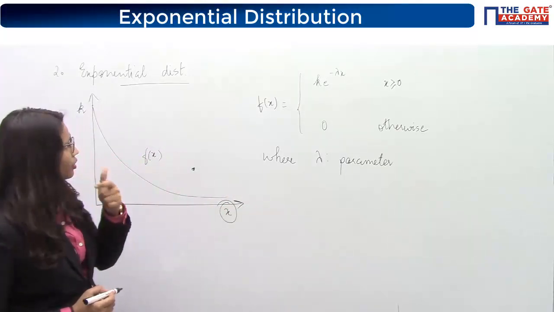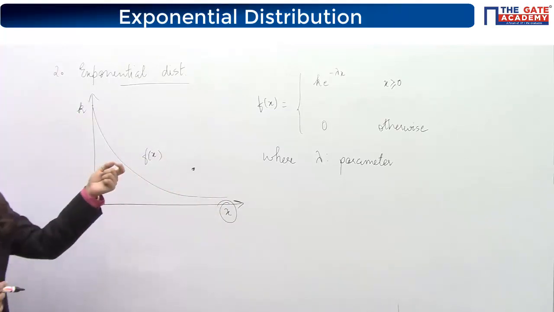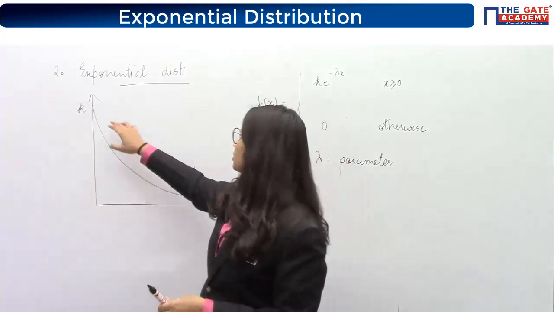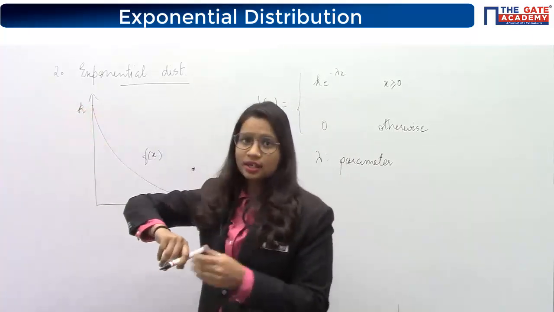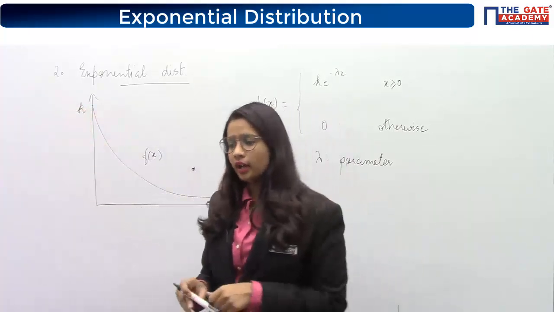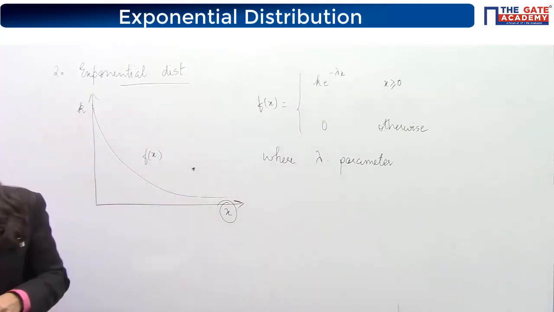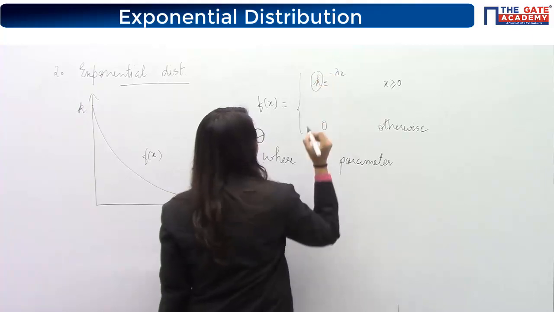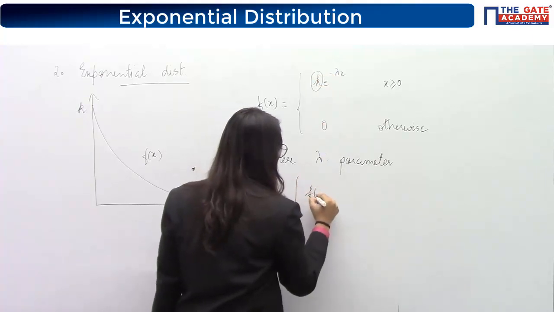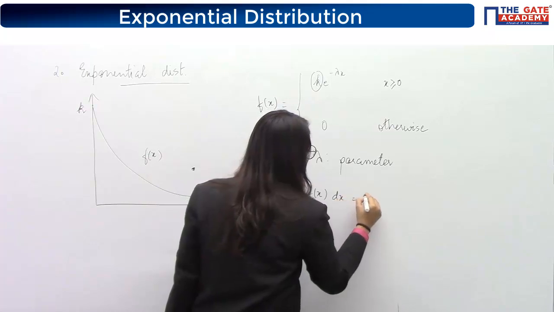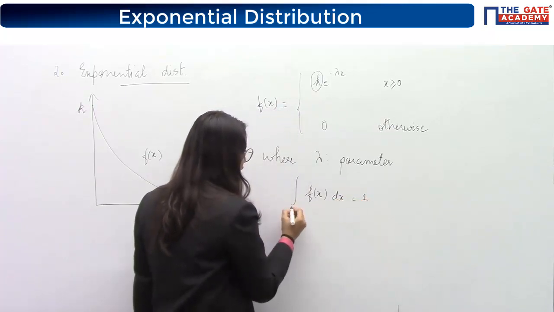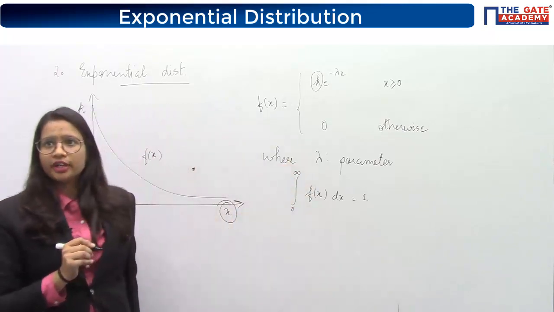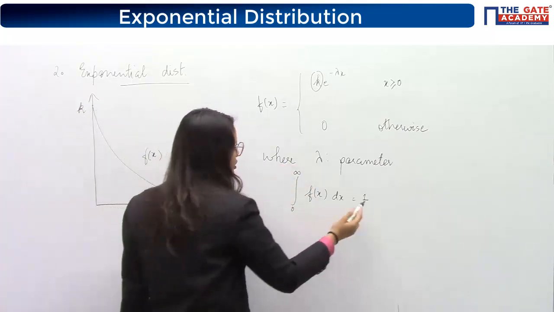Now again, can you find me this k value? k is some constant at which this graph is cutting the y-axis. What will be this k value? Give me the answer. So how to find out this k value? Again, using the same thing, that the integration of f(x) dx should give you 1. Now what will be the limit? Because x is defined for greater than 0, the limit will be 0 to infinity. So from 0 to infinity, the integration should give you 1.